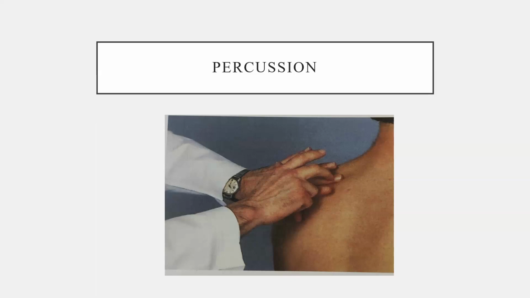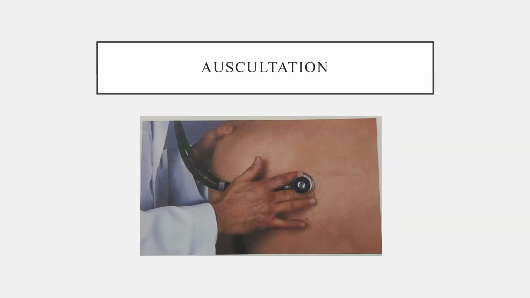Percussion is an assessment technique involving the production of sound by tapping the body part with one or two fingers. The sounds and vibrations produced are evaluated in relation to the underlying structures. Auscultation is listening to the sounds produced by the body to assess the normal conditions and deviations from the normal with the help of a stethoscope. It is helpful in evaluating the sounds of the heart, lungs, abdomen, and the vascular system.